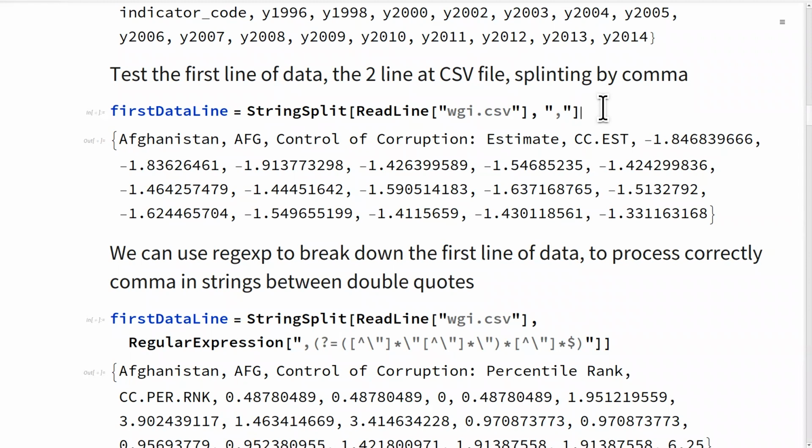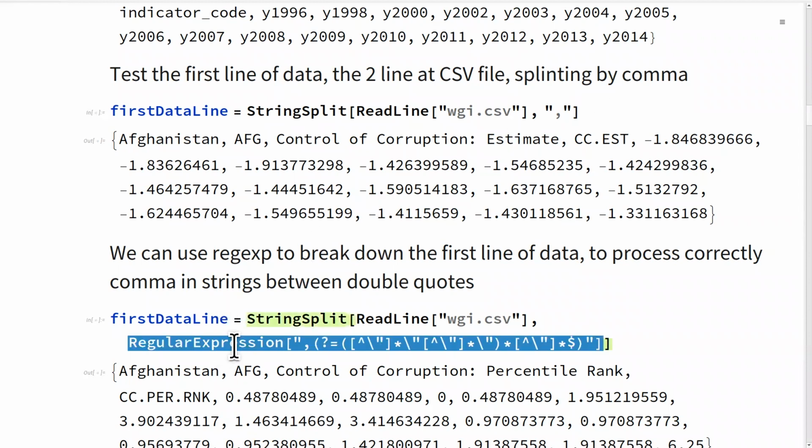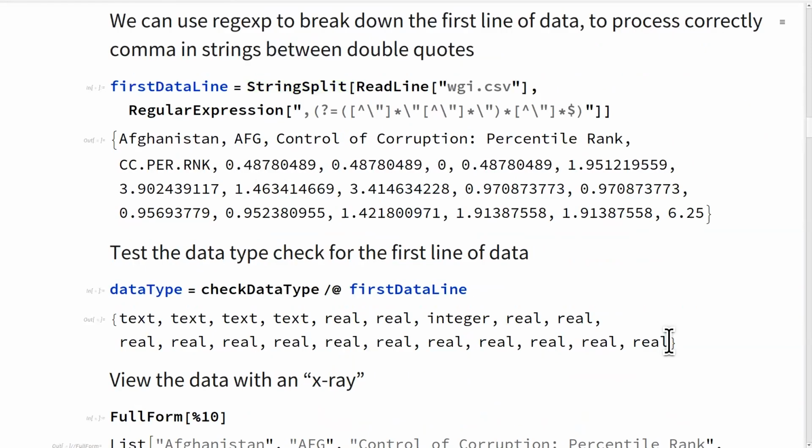And so it breaks. Then I need to use a regular expression again to get commas that are not inside double quotes, and it's costly. In this case, I run this for every line I read. And so I am able to go down and check the data types.